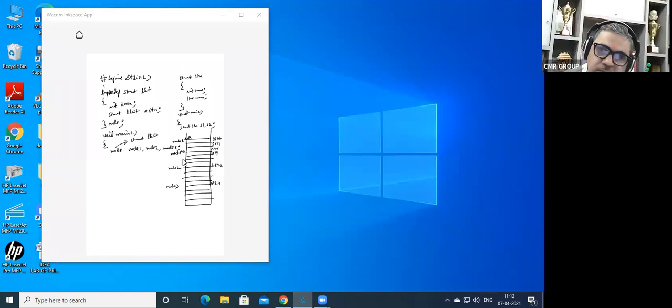Similarly, node2.data is going to be at 4822, and next is node2.ptr, which is at 4823 and 4824, for example. Next one is node3.data at 6134 and 6135, and node3.ptr, which is at 6136 and 6137. Is this clear now? Yes or no? How the linking is going to be done, we have to do it in the program.